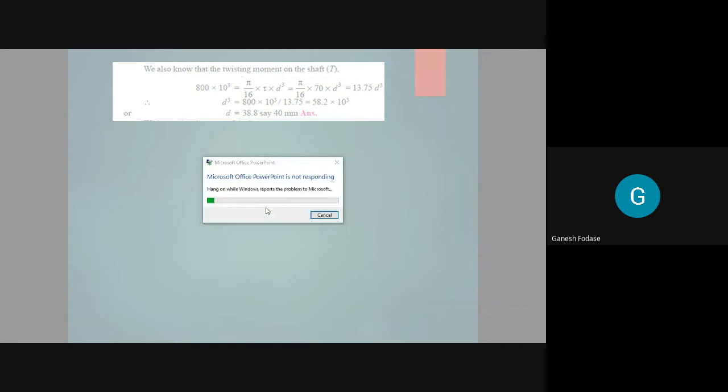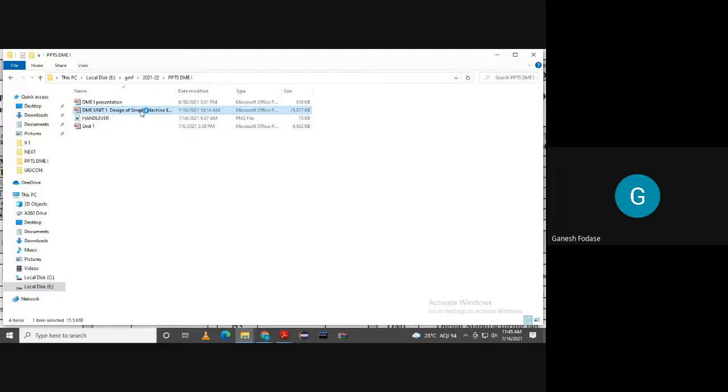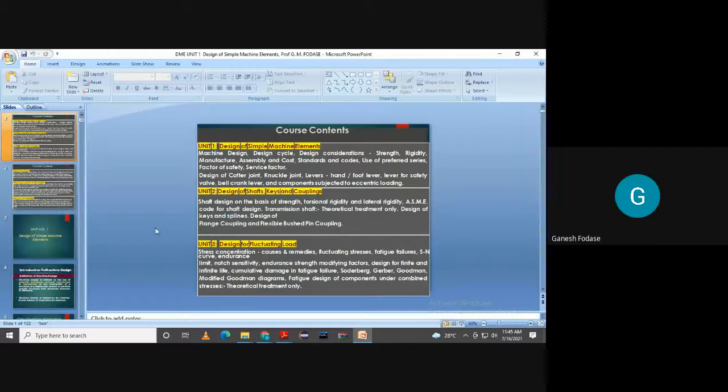Others, just balance that, because applied torque is equal to resisting torque. That simple concept we took here for a key. Applied torque is nothing but your twisting moment, that is 800 into 10⁻³, and resisting torque is equal to force into radius. Force into radius, how much? F into D by 2. Force is nothing but shearing area, that is tau into L1 into W. So with this we will get the value of L1. Find out that and tell me.